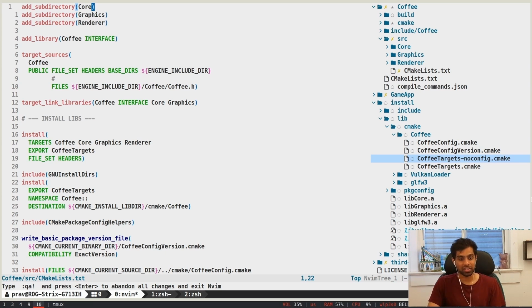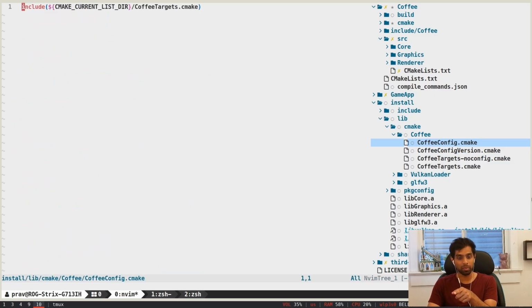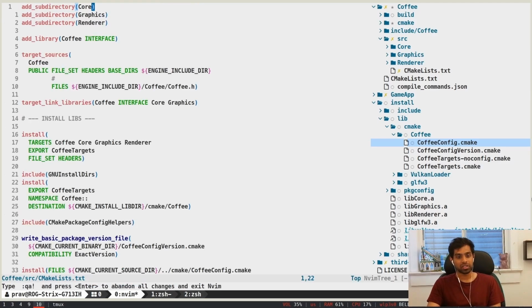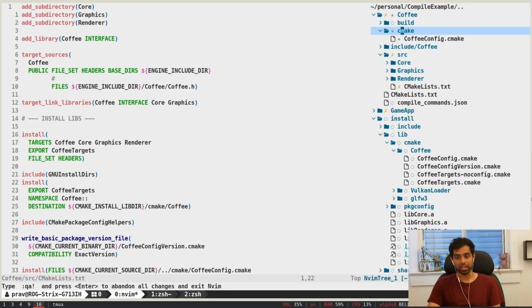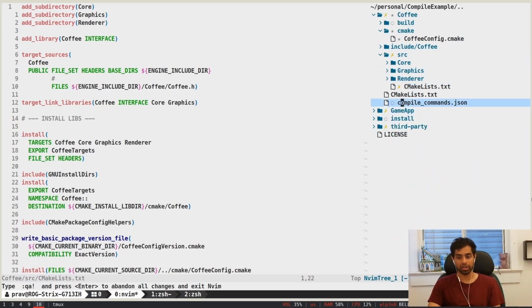And so when they find the package, it's automatically going to run all these scripts like coffee config and coffee version, because when they say find package coffee, it's going to look for this file and it's going to open this file and look at this one, right? So finally, I'm first going to close this, and